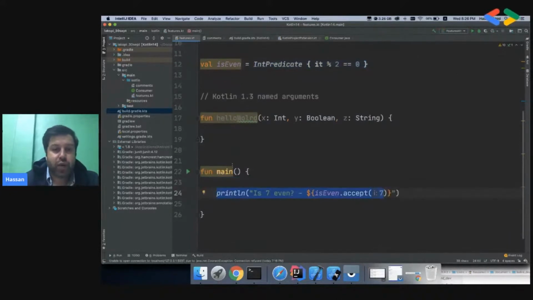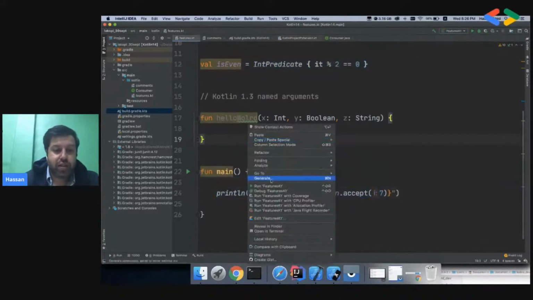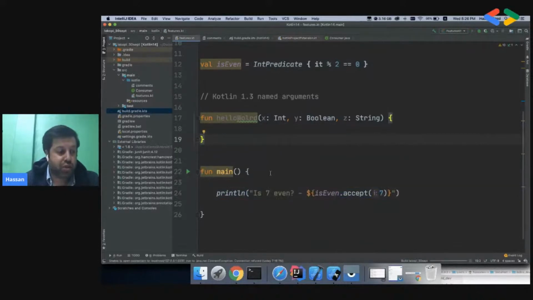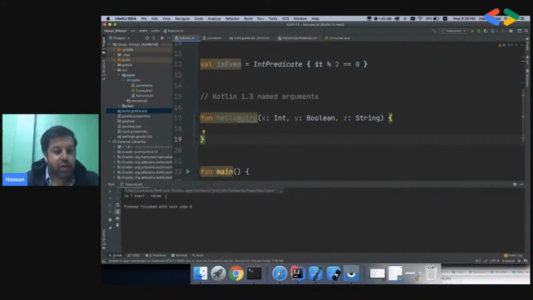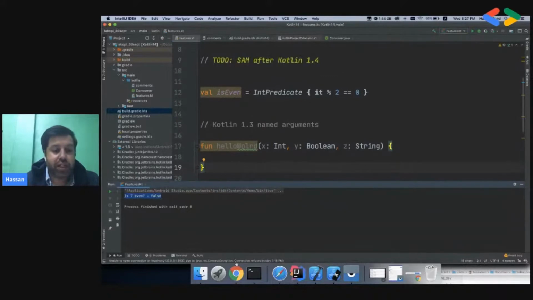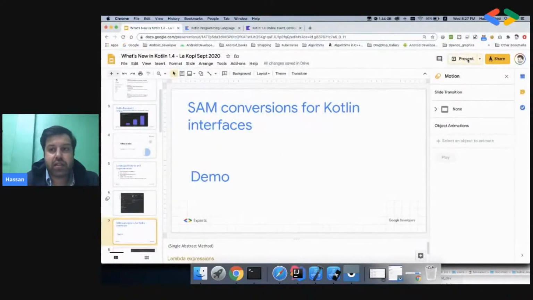Let me run this one and show you the results. While this code is running, you can see that it works. So this is a big advantage. I'll go back to my slides.